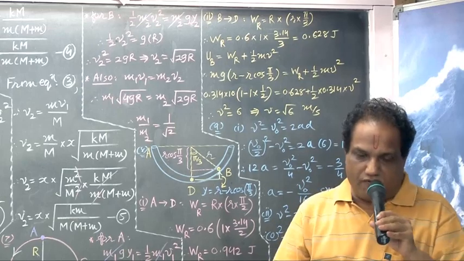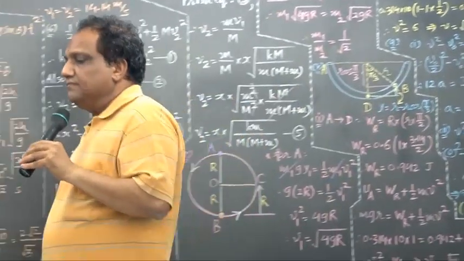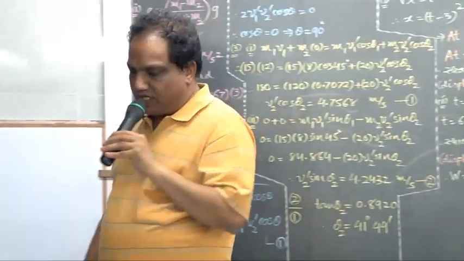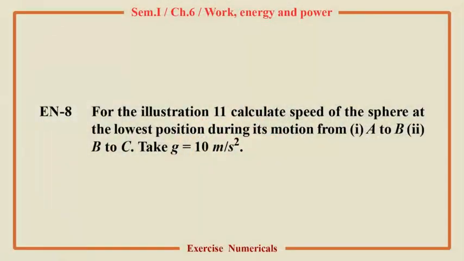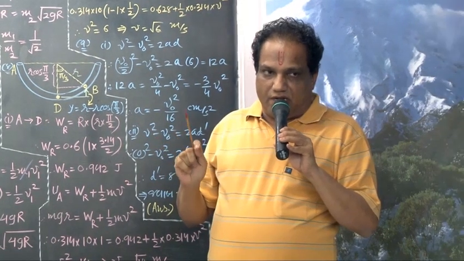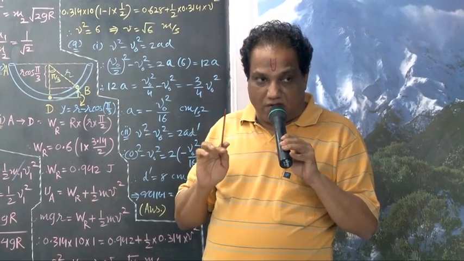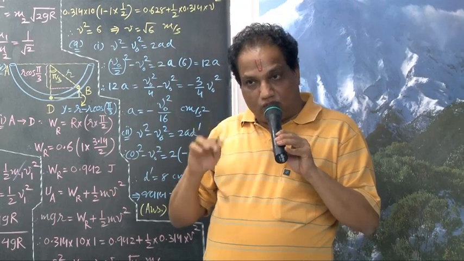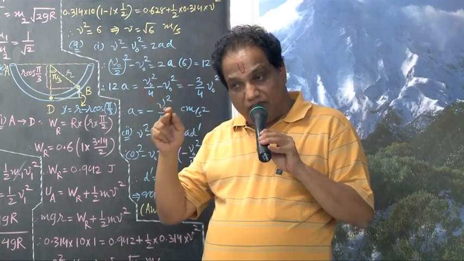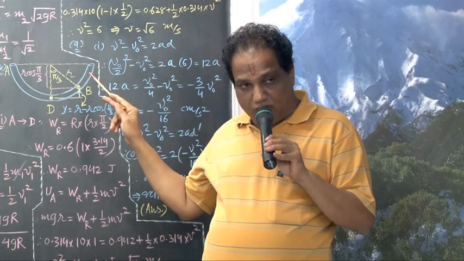You will require the help of illustration number 11 in that. Number 8 is very good, quite a long sum. Read it carefully. They have taken help of the statement of illustration number 11, and those values which you had found out in illustration number 11, we are going to use them here. Look constantly on the board.